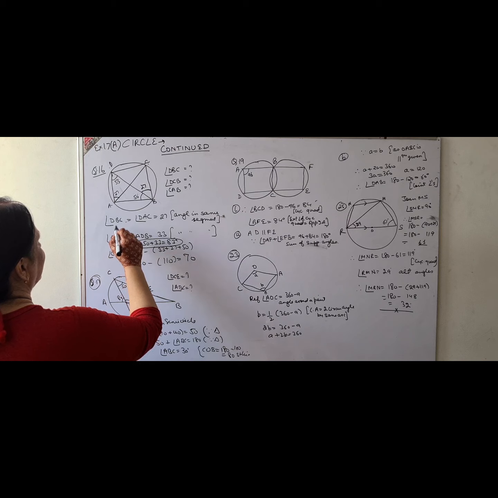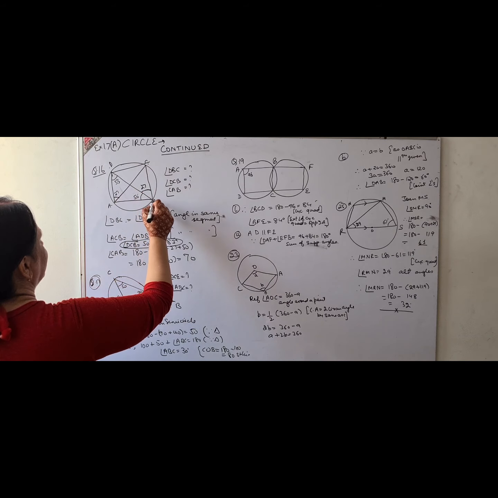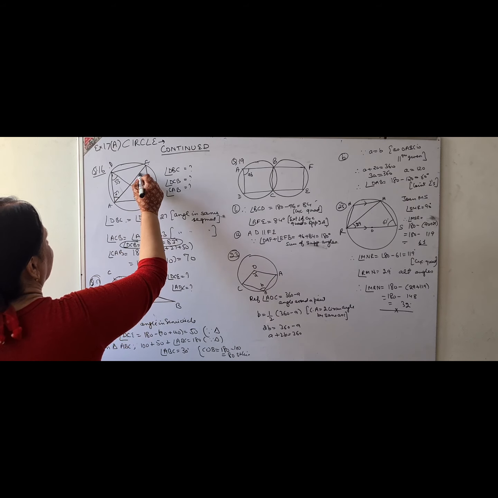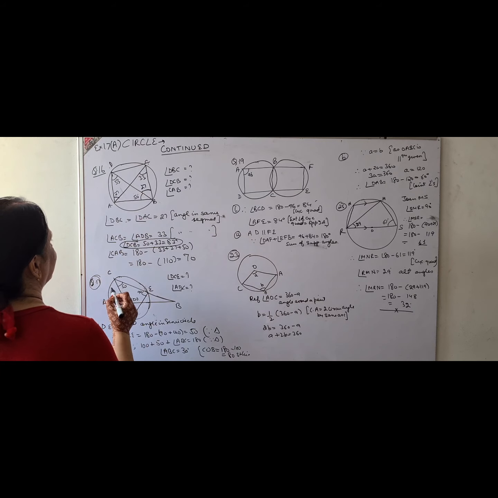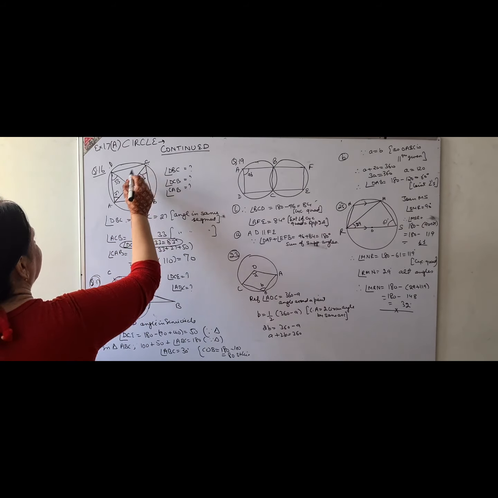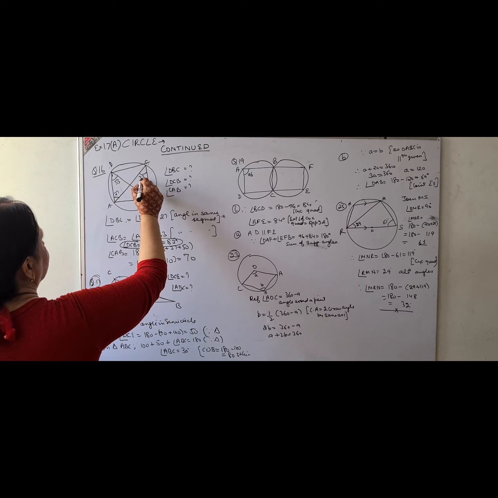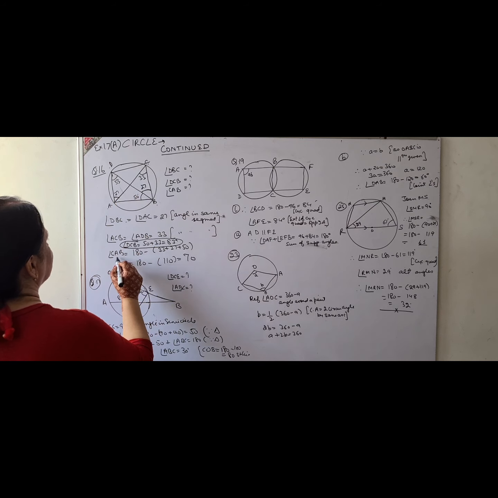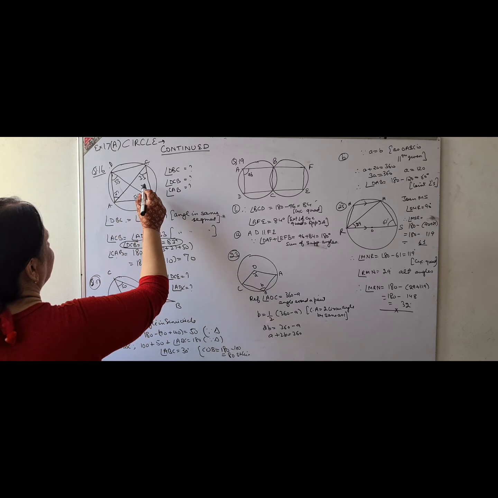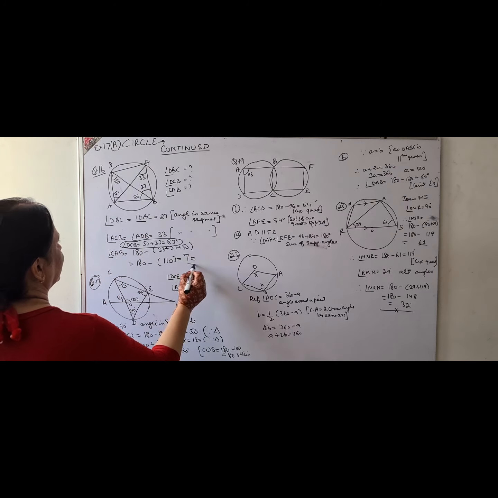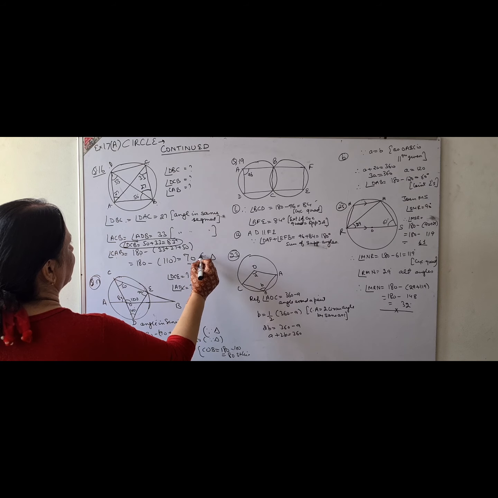So before that I will go for ACB is equal to ADB, again 33, angle made by same arc. Then CAB. Now I know this 33, I know, because triangle, so CAB will be 180 minus 33 plus 27 plus 50, that is 70. We will give the result because triangle.